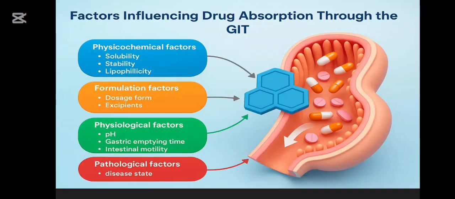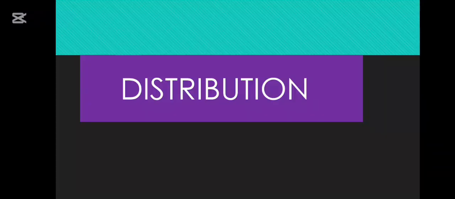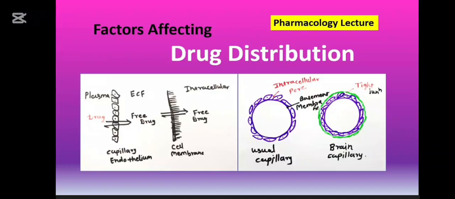We also looked at factors that affect the absorption of a drug through the GIT. Then we went to distribution. We also talked about factors that affect distribution, just like that. Protein binding is the one on the left, and then on the right it is about the capillary permeability. And we said